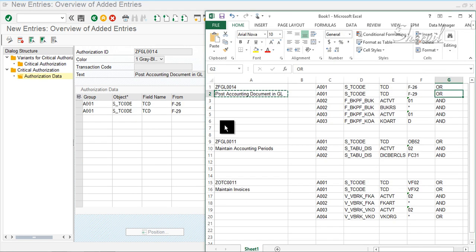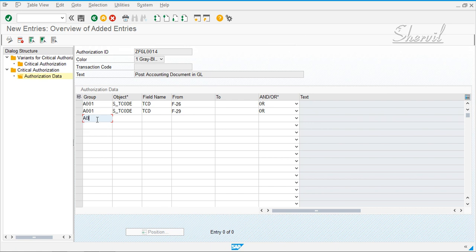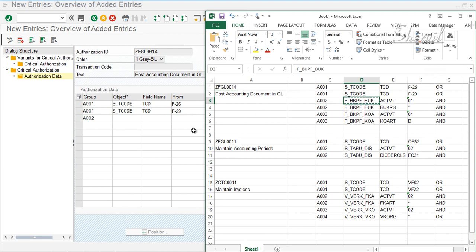Now, once that is done, you have the objects, which are with an and condition. Technically speaking, you could use the same group ID for all these 4 entries, but I prefer to use one group ID for each object to make it more sensible to me to understand what is happening. So I'll use what I prefer. So go to 002 and then copy paste the object.